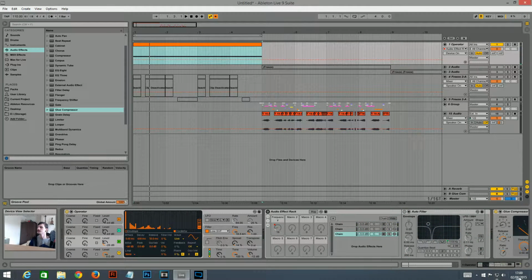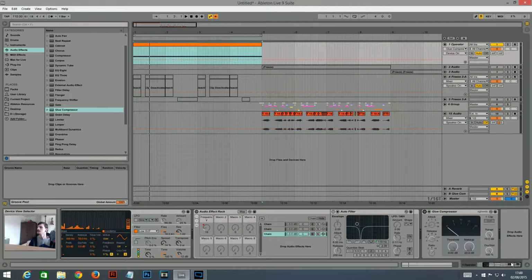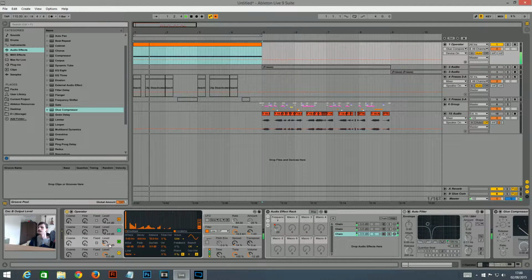I'll just turn these off. So that's with the first oscillator. And then that's what it sounded like with these harmonics as well. It's quite subtle, you can't really hear much of a difference, but it adds a little bit more character,